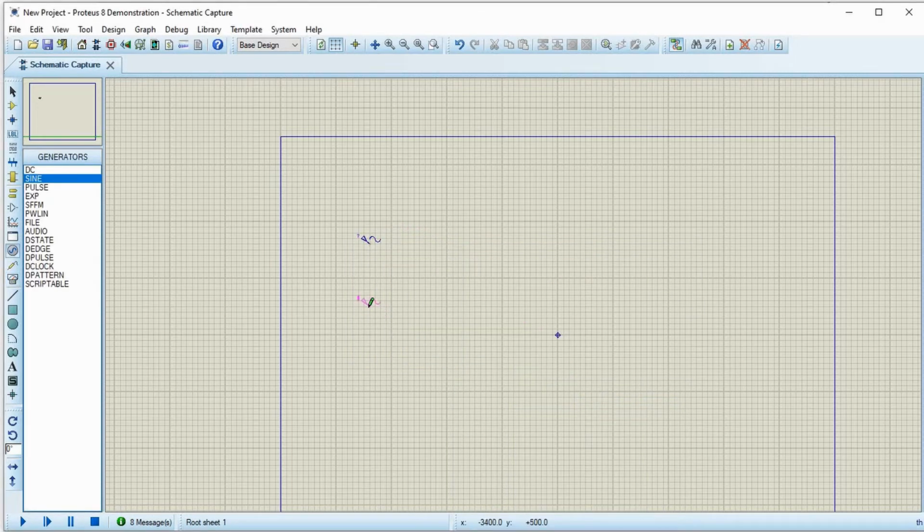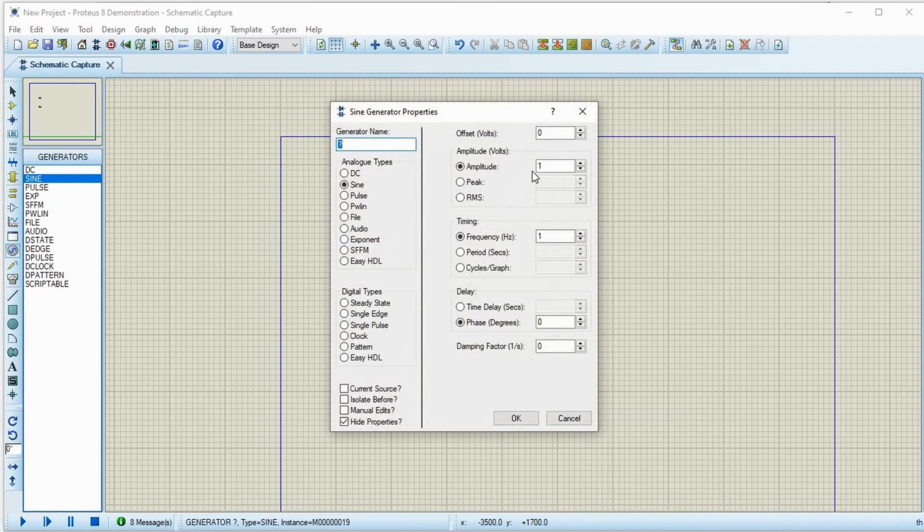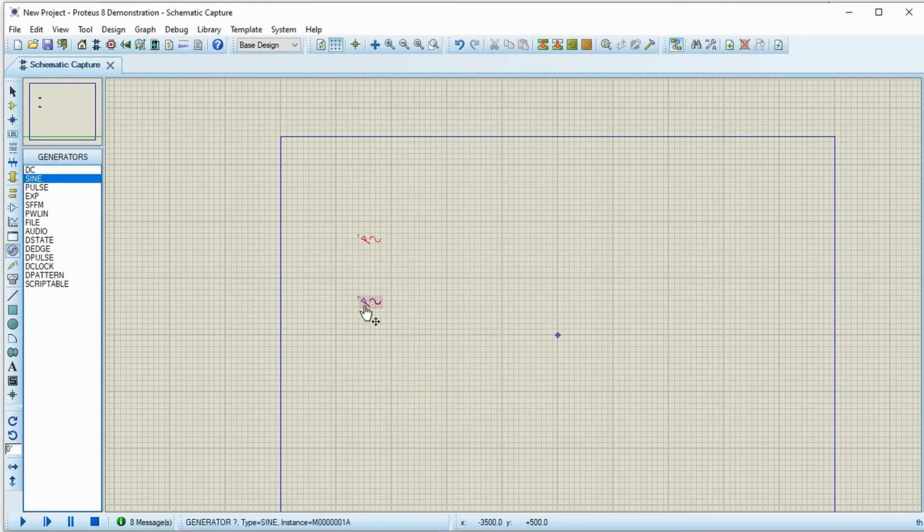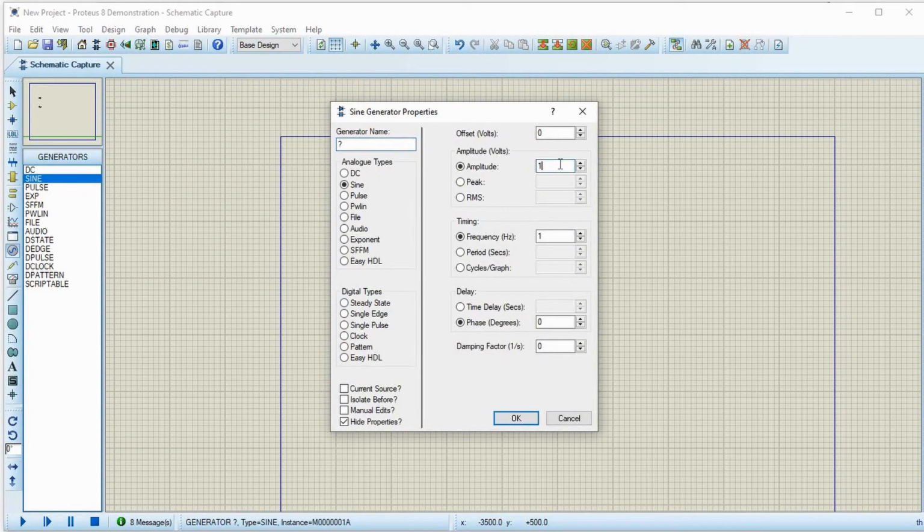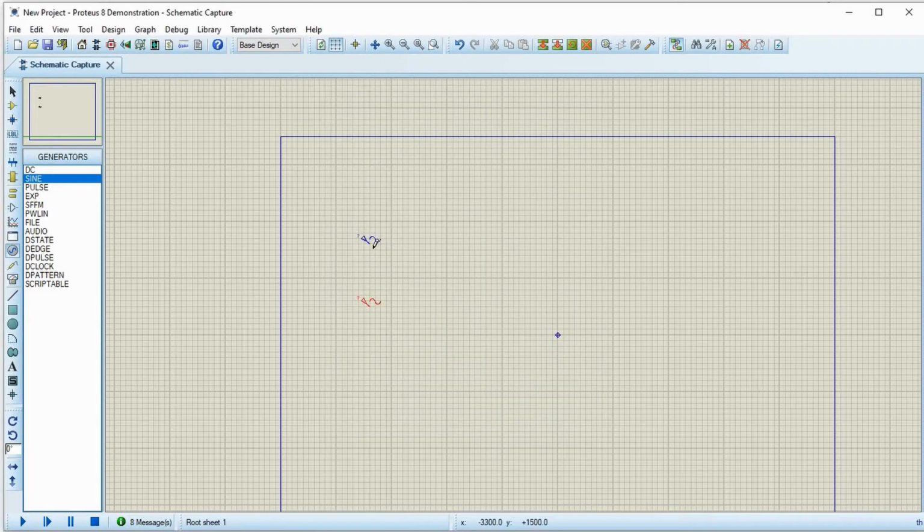I'll use two sine sources. In one, I will generate a 10 volt, 100 hertz signal. In the other one, let me generate the same 10 volt amplitude and a 1 kilohertz signal.